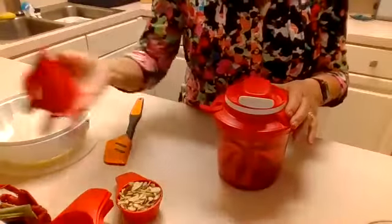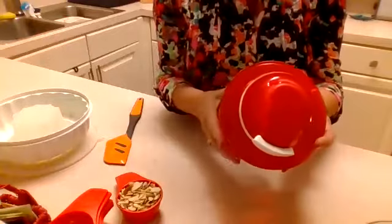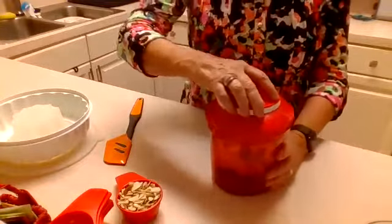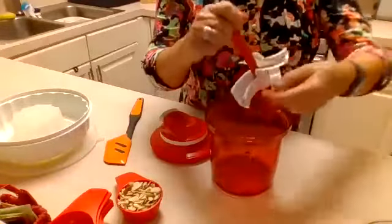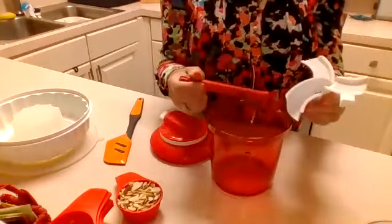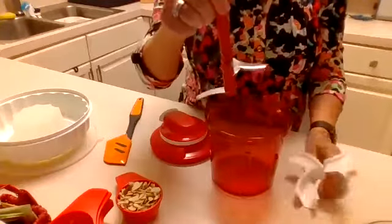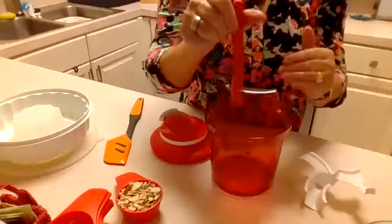But we're not going to use that tonight. So I'm going to put it away, and then I'm going to conveniently cover that space so we won't have anything splashing up on us. And tonight we're going to use the chopping mechanism. And I love the fact that they always put this great shield over it, because these blades are very, very sharp. And they are designed so that when you're pulling the cord, they pull 7 times for each time you pull